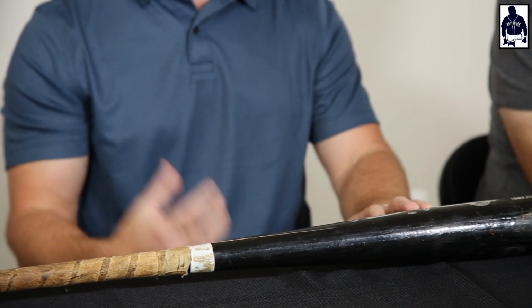During BP, they would use the special issue baseball, so it might have just been a BP bat that didn't actually